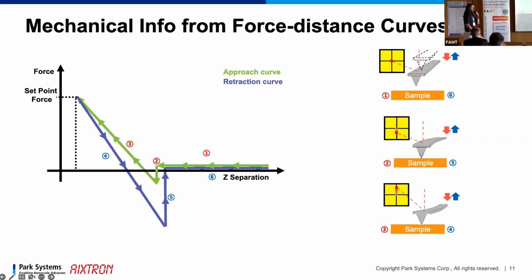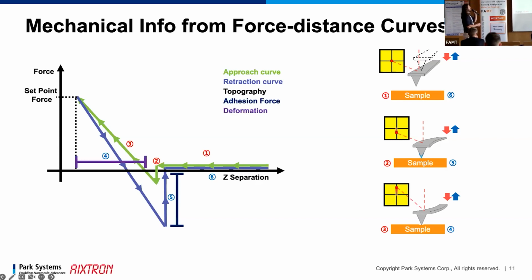And from this rather simple experiment, we can already derive, as you're well aware, quite a lot of information. We can, for example, read the topography, but from the force needed to detach, we can also read out the adhesion. We can also get different properties, for example, the deformation, so basically how squishy our sample is. We can read out from the difference in separation between zero force applied and maximum